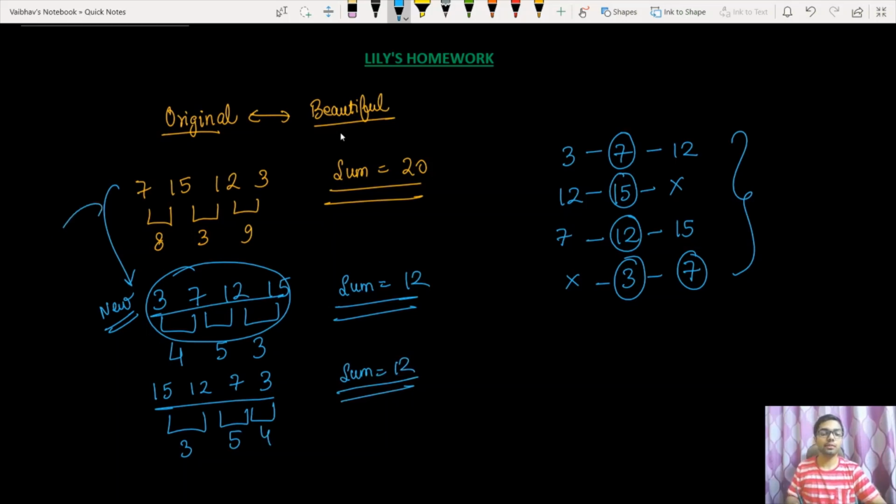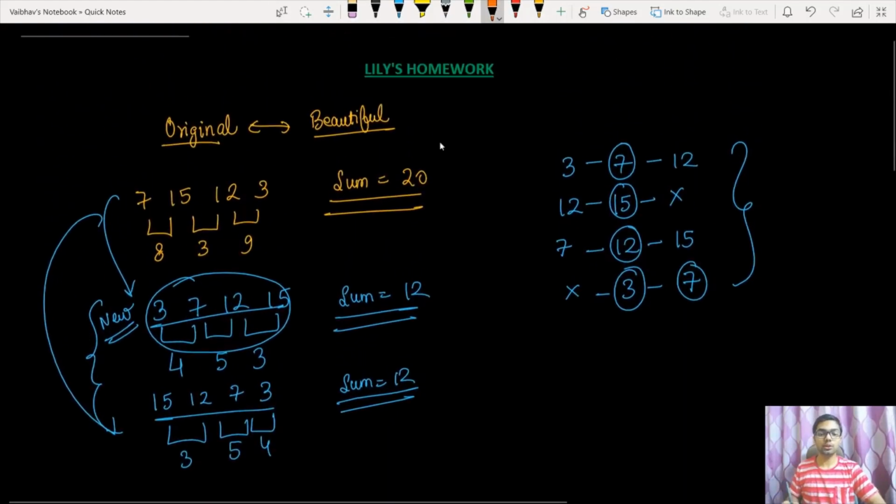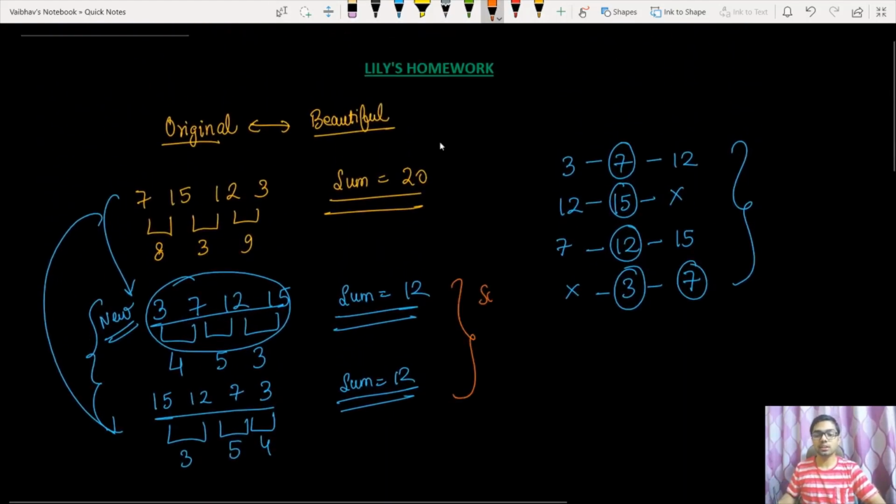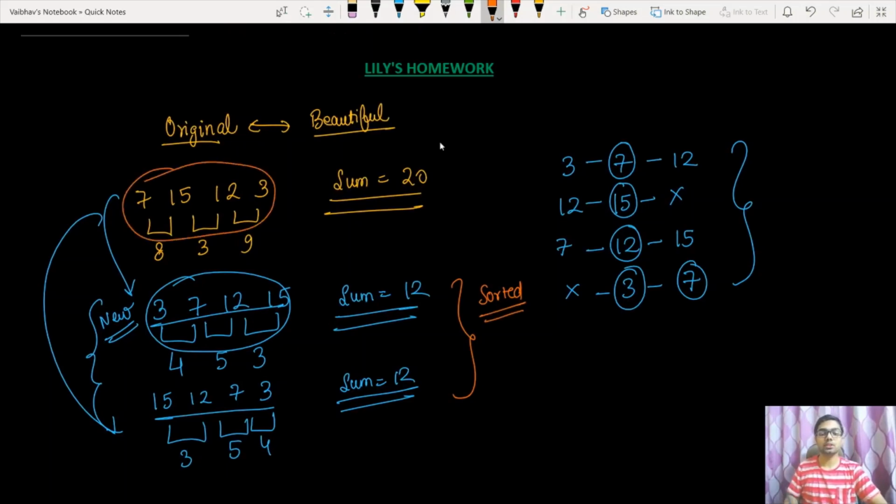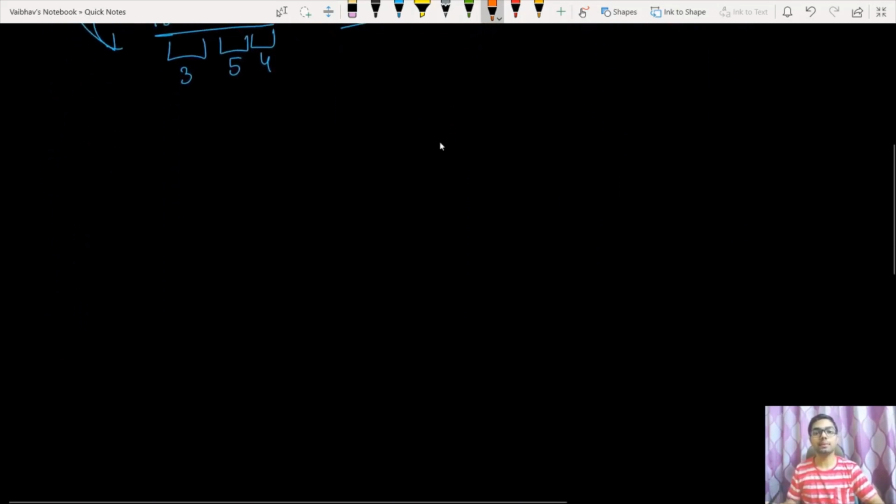Now we have to find the number of swaps taken to convert them into these two forms, and the minimum would be our answer. One thing which we also need to observe is that these two are sorted orders of the given array. So the first one is the ascending order and the second one is the descending order. So let's see how we are going to swap the elements and convert them into different orders.